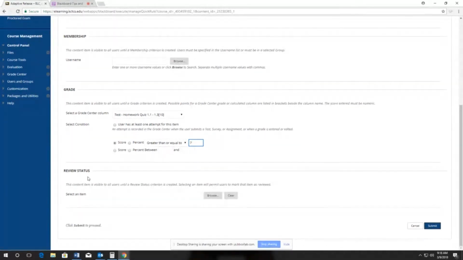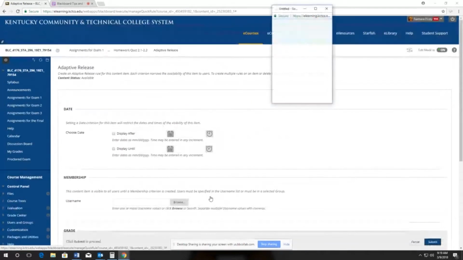So notice the review status down here that we have already talked about, enabling review status. Let's say you've got a reading assignment and you want to make sure they read it before they do the quiz or whatever your next assignment is. You can select that reading assignment,